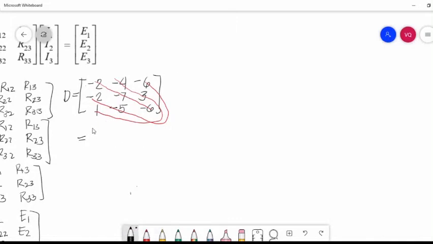So, it is the sum of the products, negative 2 times negative 7 times negative 6, plus negative 4 times 3 times 1, plus negative 6 times negative 2 times negative 5,